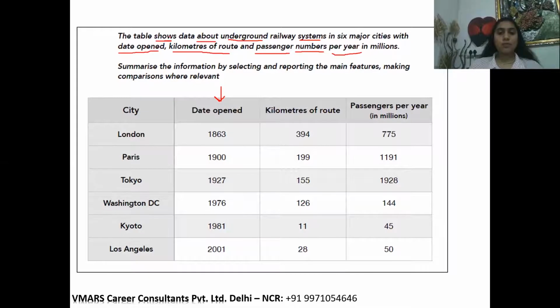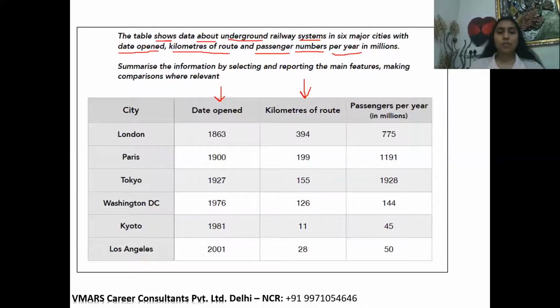And now Sukhdeep, which railway station has the lowest distance or kilometers covered? Tokyo. Who answered? Are you Sukhdeep? Let her only answer, please. Yes. Sukhdeep, you were giving the answer? Yes, ma'am. Kyoto. Okay. Thank you, Sukhdeep.